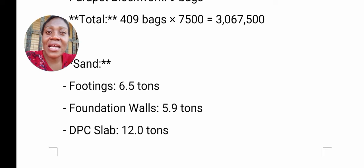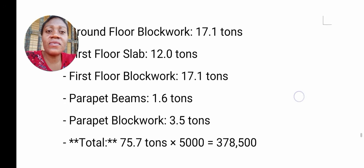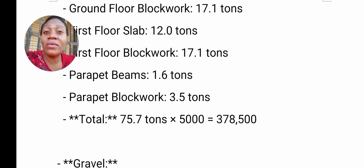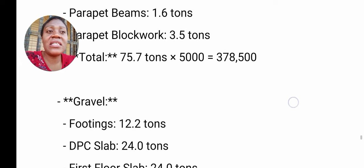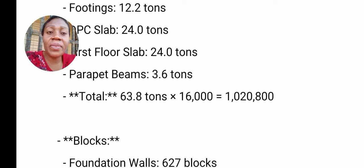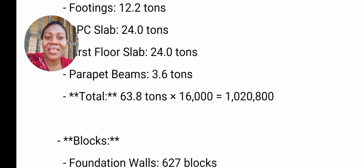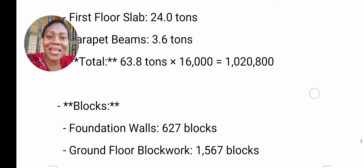367,500. Therefore, sand, you do the same thing, and the total tons for the sand that will be needed from foundation to parapet level will be 75.7 tons. Multiply by 5,000, and you're having 378,500. Then for gravel as well, you do the same thing, and you'll be needing 63.8 tons. Multiply by 16,000, and it will give you